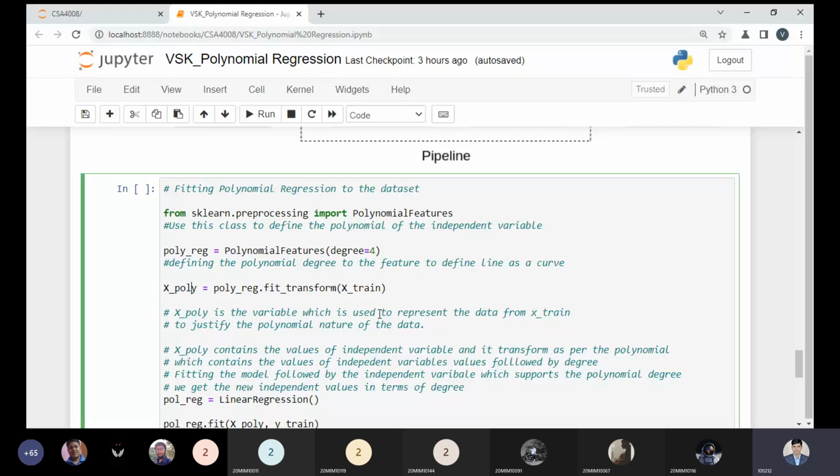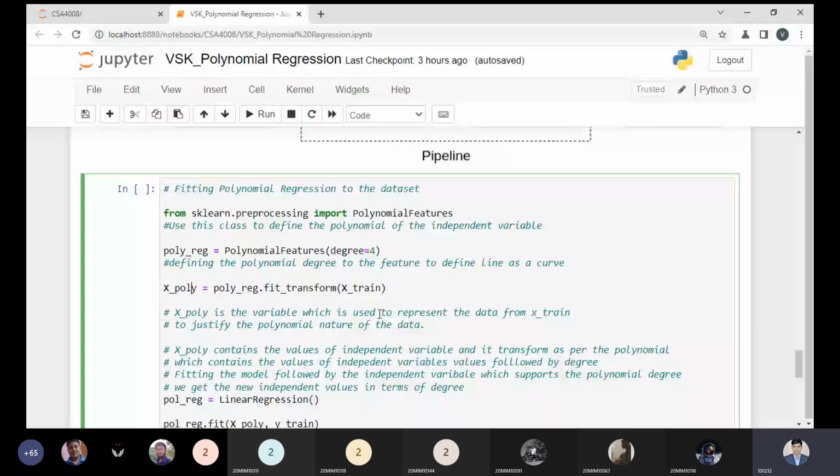X poly is the name of the variable that is used to transform your training data. You can use only training data over here because our model will be fit to the training data. For building the model, we have to use only the training data. We can't use the testing data or the original data.